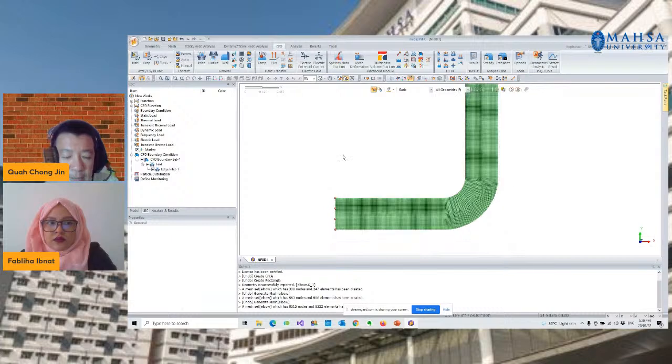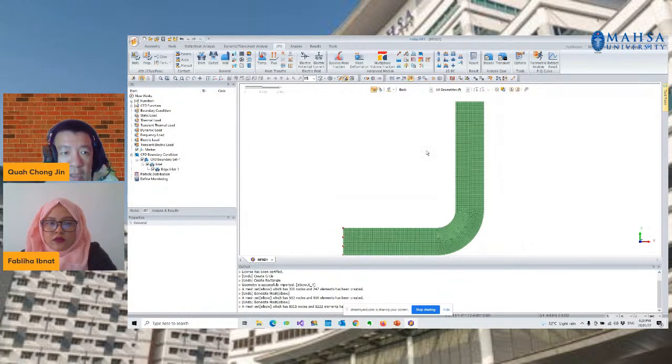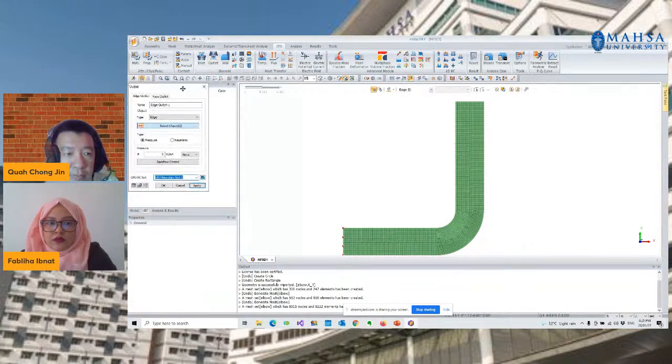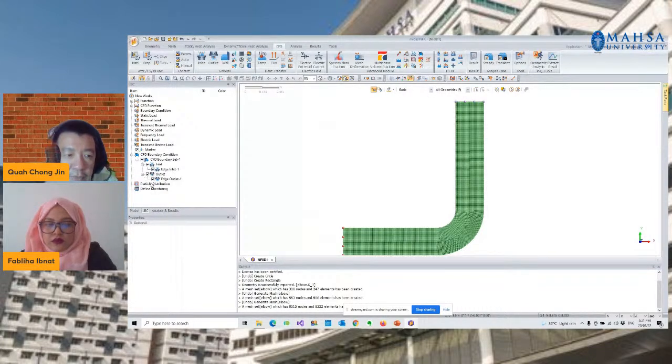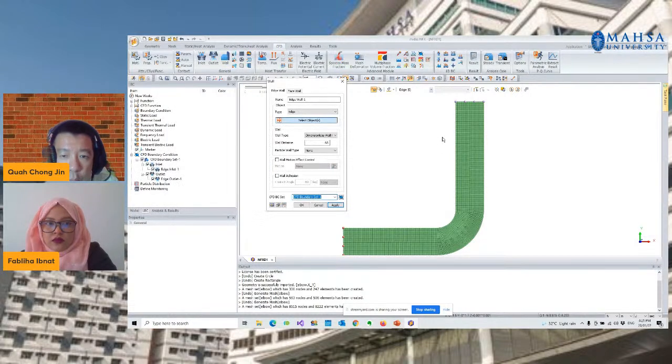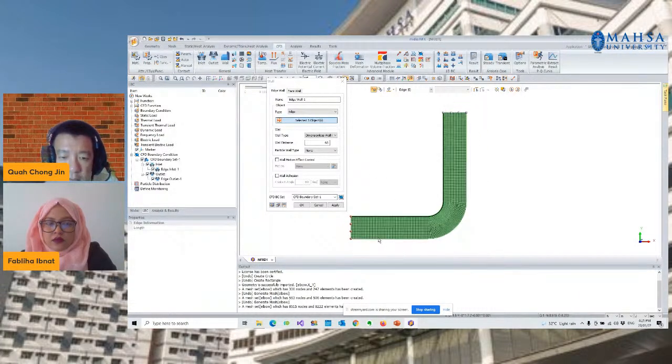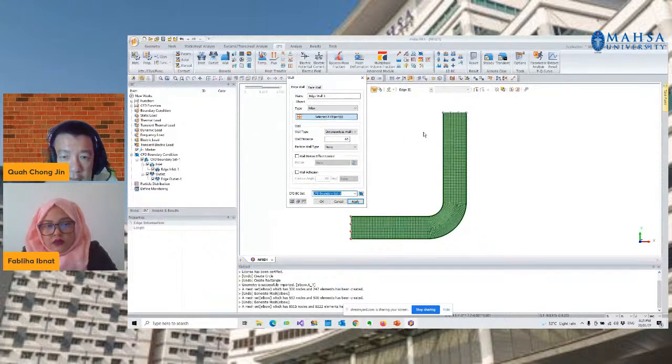So this is the first boundary condition, and I'm going to do it on the outlet. Okay, so I'm going to select the edge as well, and this is a gauge pressure, so I put the pressure as 0. Then you should have the outlet, and in this case we're going to have wall. So all the tubes over here are selected to represent the wall, and we will tell the CFD software this is to be the wall.